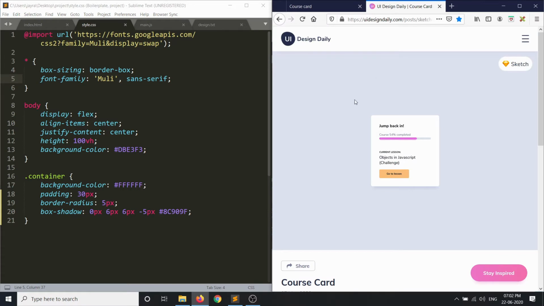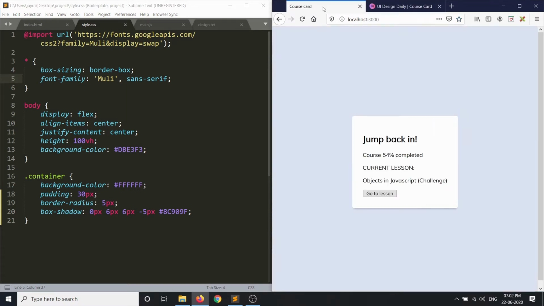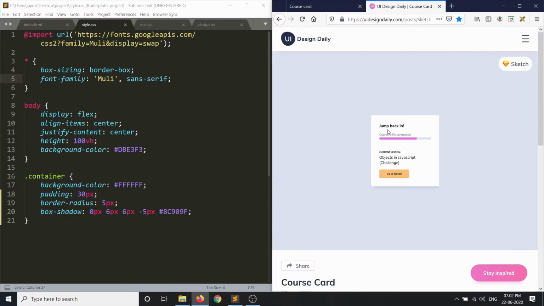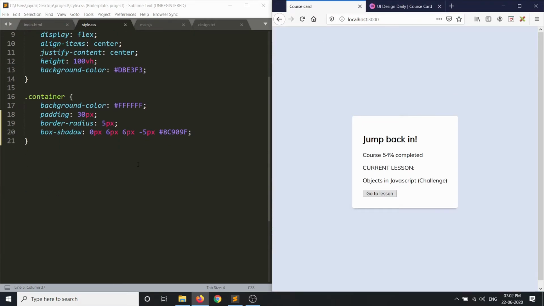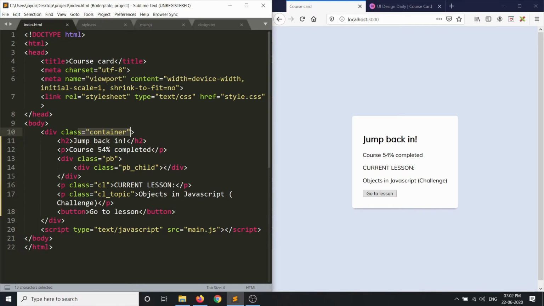Let's go to our template, and we don't have to change anything here. Let's let it be what it is. Then this "course 44% complete" is a little bit different in color, and the font size is also different, so let's design that. For that, I think that's the p tag, which is after the h2 tag.